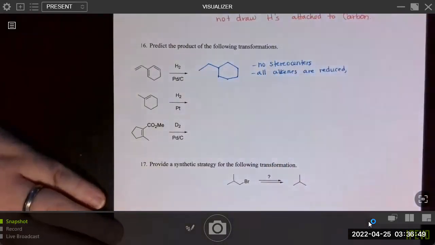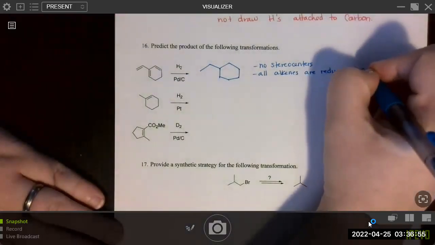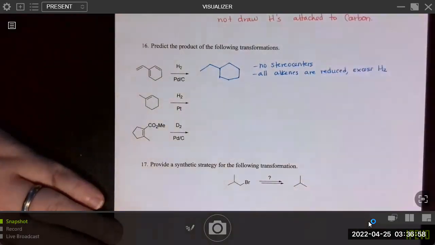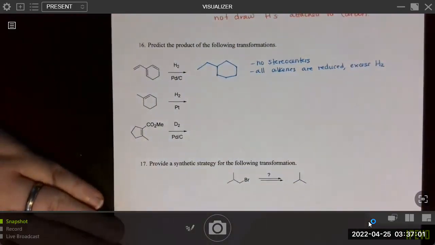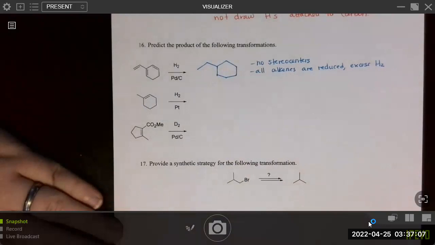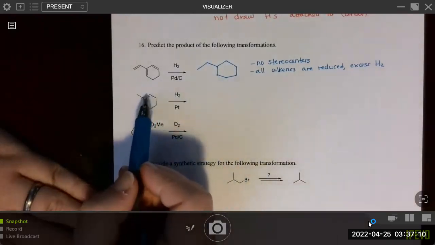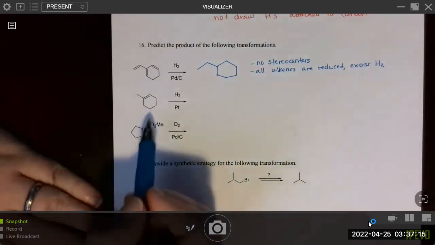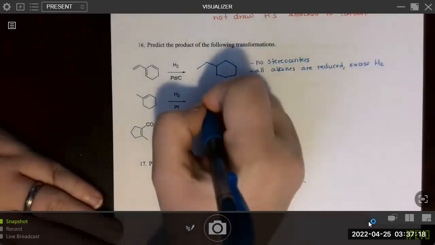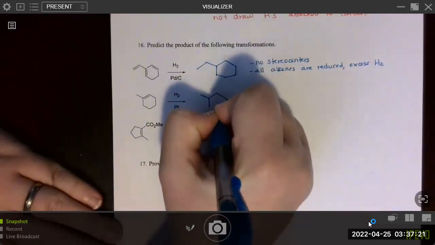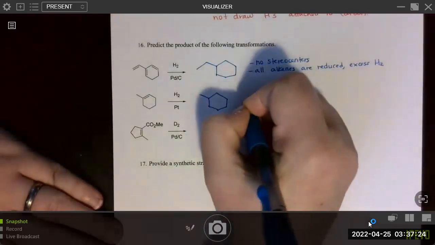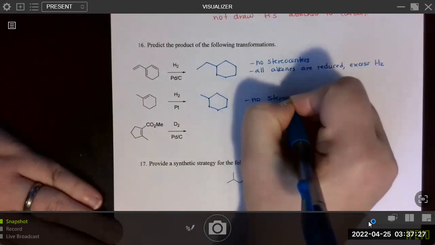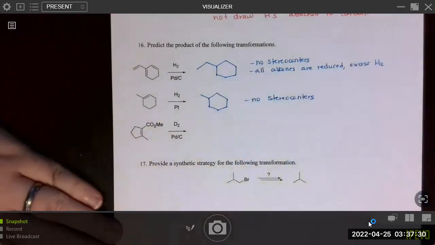There's no easy way to control the amount of hydrogen gas present, so there's always going to be excess hydrogen gas present. The next one, we will reduce this double bond and it will be syn selective. So you could think of the H as being up, up or down, down, which would of course push this methyl either up or down. However, that does not form a stereocenter. So we do not need to concern ourselves with drawing stereoselectivity. Again, no stereocenters formed here.